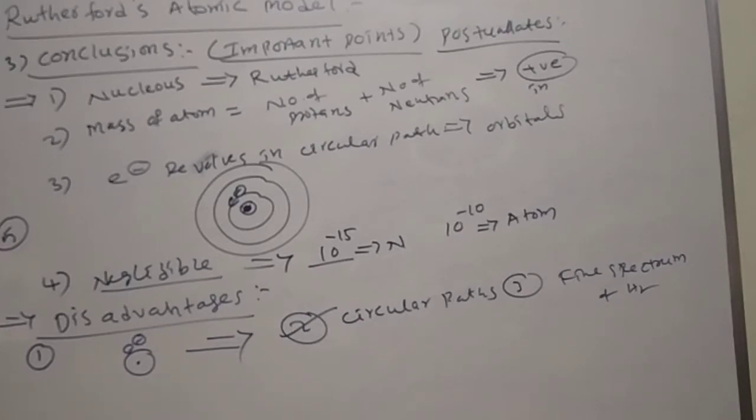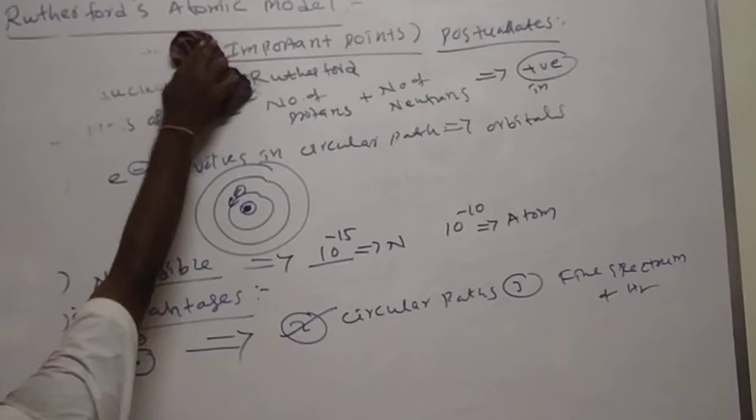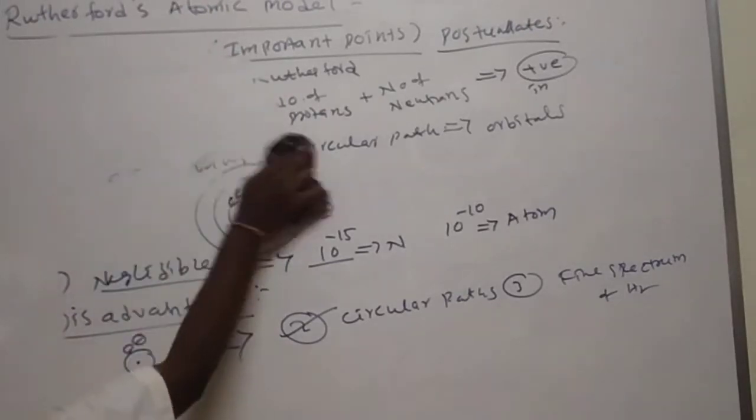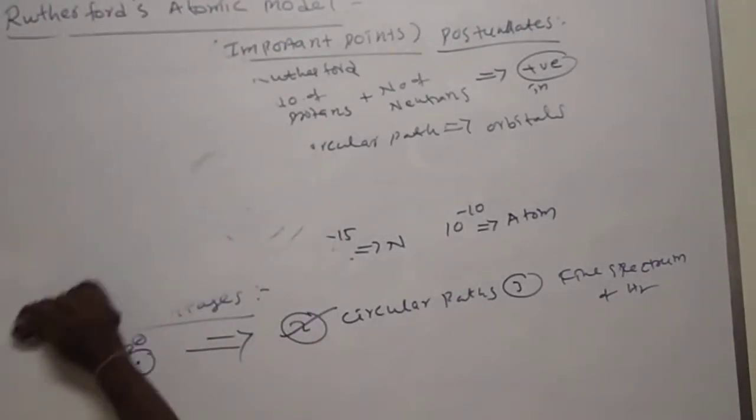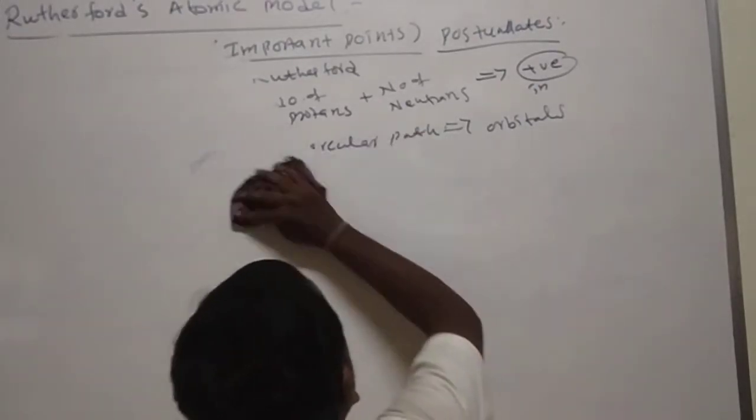In continuation, these are the three important models. In continuation, we'll see Bohr's model and the others. Before seeing that, what is the atomic number? What is the atomic mass? What is the atomic representation? How will we represent the atom? And here, how do we calculate the number of neutrons? Last time one question was asked on neutrons. How do we calculate the neutrons? That is also one of the important questions from the NEET point of view or CET point of view.